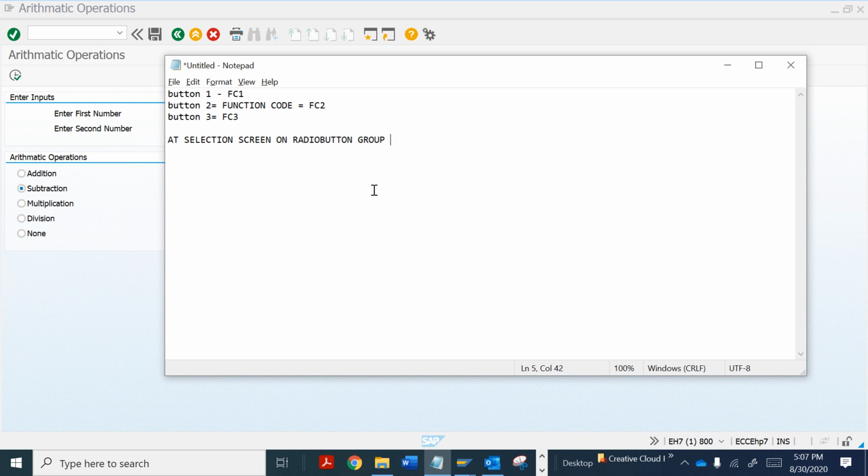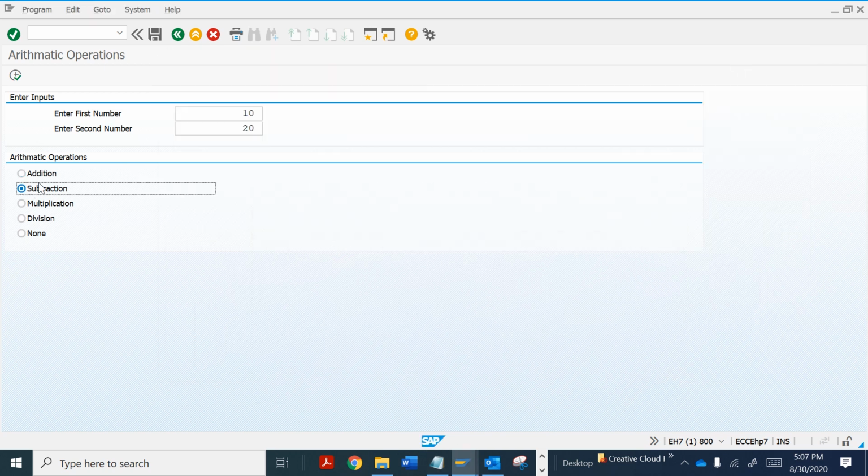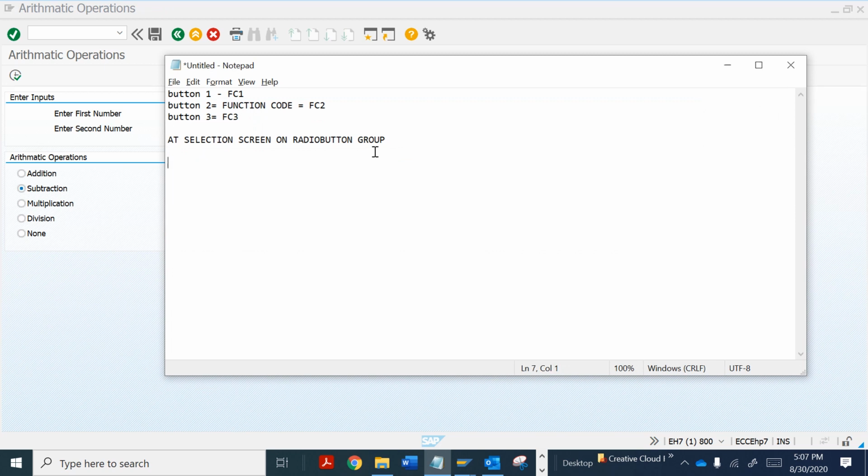And how will that function code be detected? We have a system field, which is SY-UCOMM, where all the button properties, which is the function code, will be triggered. So it can be FC1 or FC2 or